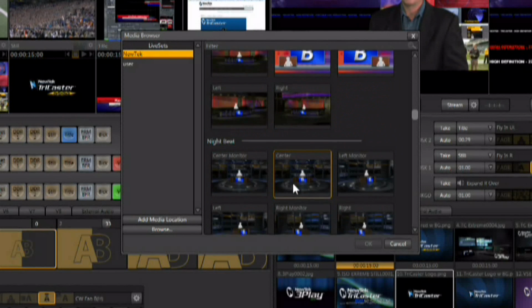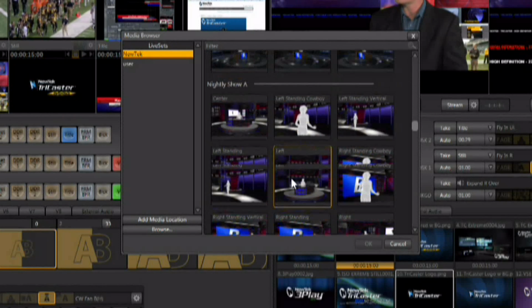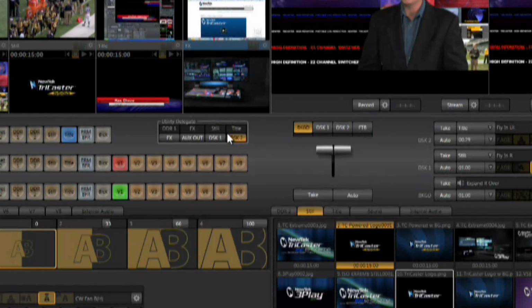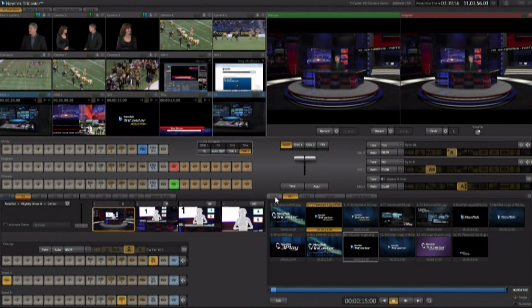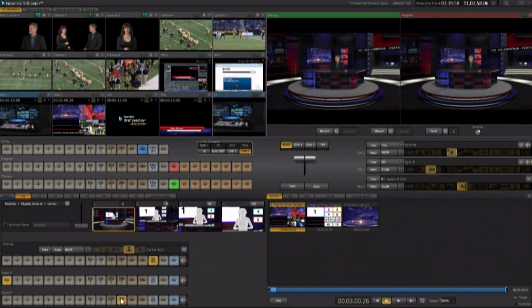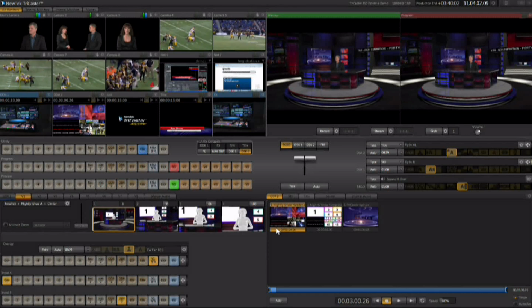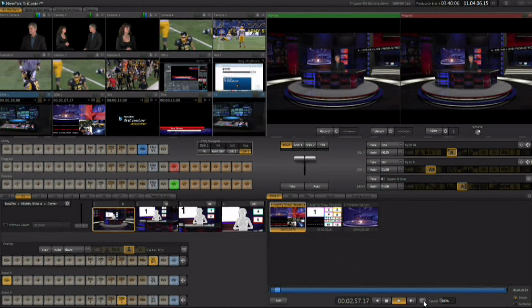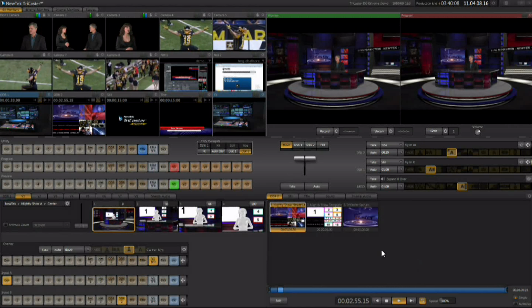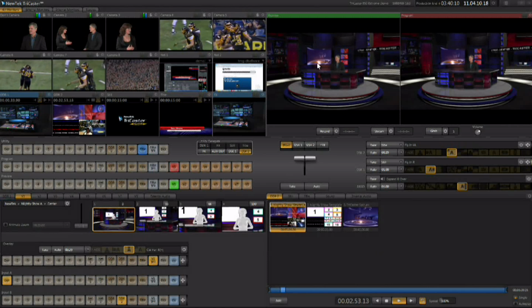So we'll just scroll down, we'll find the Nightly Show, here it is, and we're going to load it up. Now, if I go over to DDR number 2, we're using DDR number 2 right now as input B, and that you would think is feeding this monitor, but in reality, we'll run this clip, and I'm going to loop it. I have a loop control in the DDR right here. We're going to loop that,